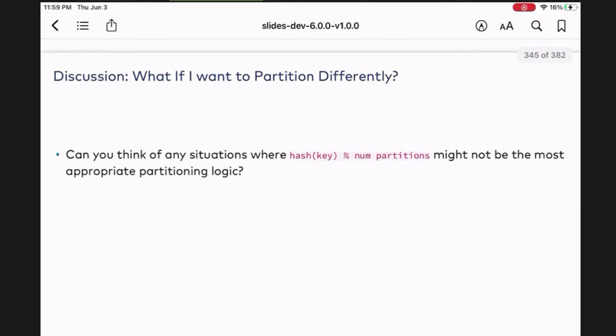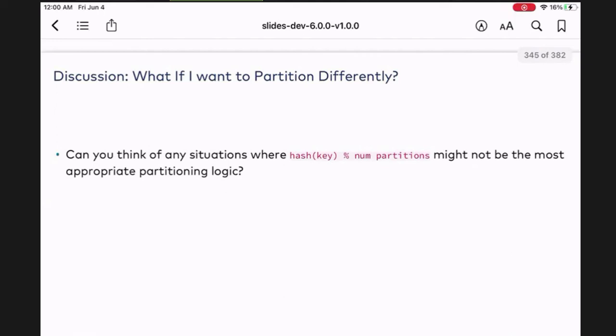And the reason for this is, imagine that you have, let's say it's Christmas time, right? Or a certain time of the year where people are shopping a lot, and maybe you have a purchases topic. Or you have some hot key, some hot item, and you have a tremendous amount of requests for this item.